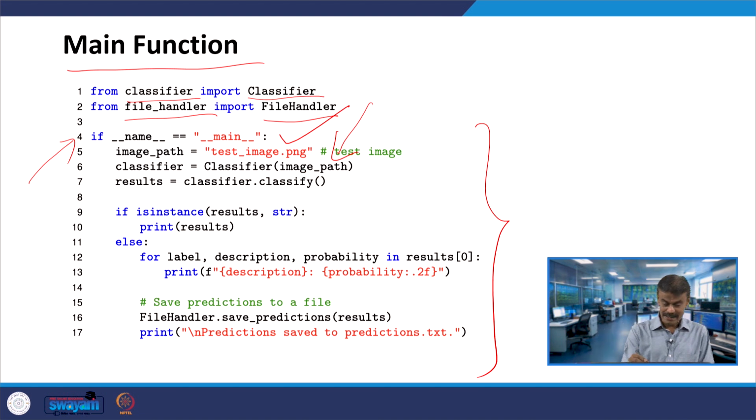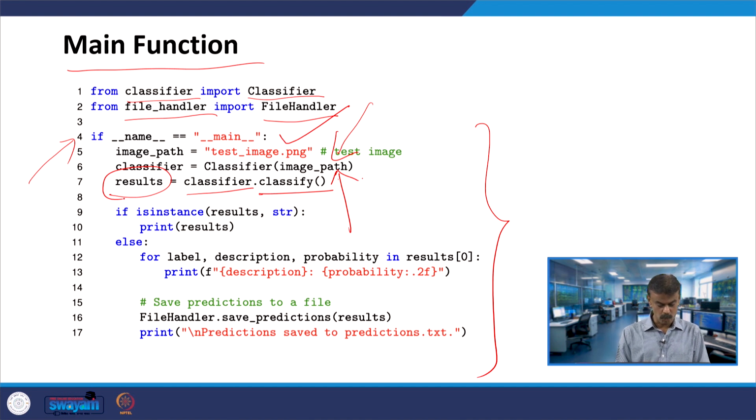On the left-hand side you have classifier and then results. The classifier invokes the classify method on the classifier object to get the classification results. So, up to line number 8 is over.